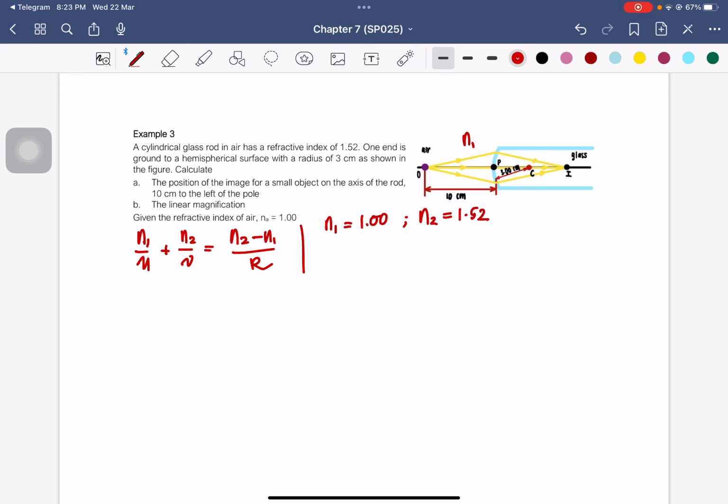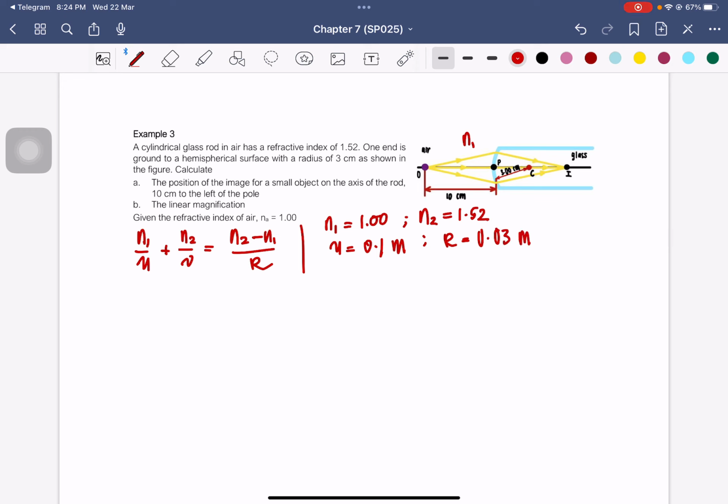Right, so next we have to determine the object's distance from the pole. So that is 10 centimeter. That is just 0.1 meter. Wait. Let me just... Oh, okay. Betul lah. 10 centimeters, sorry. So that is 10 centimeters, 0.1 meter. And then V is what we are looking for. Now we have to find R. R is given here, which is 3 centimeters. So that is 0.03